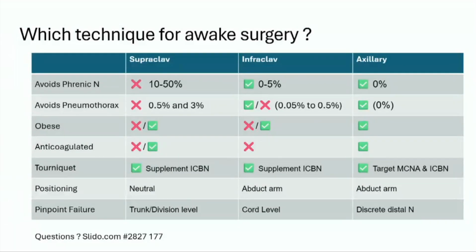All of these blocks will block the arm enough for the tourniquet, and none of them will block the intercostobrachial nerve, which is not a branch of the brachial plexus. So you need to supplement that separately. That comes off T2, and so we need to block that separately. And the most convenient place for us to do that is actually in the axilla. So if we're going to go in the axilla to block that, then why not do an axillary brachial plexus block? You do need to be able to abduct the arm,